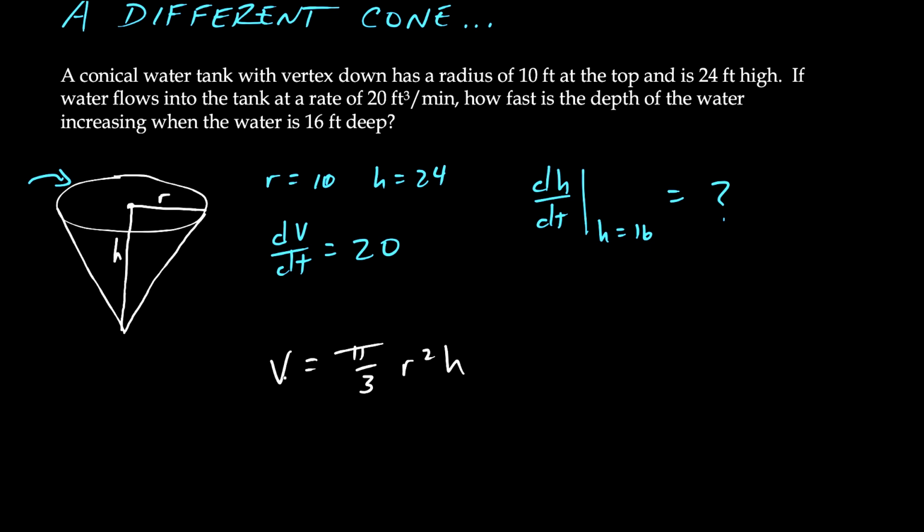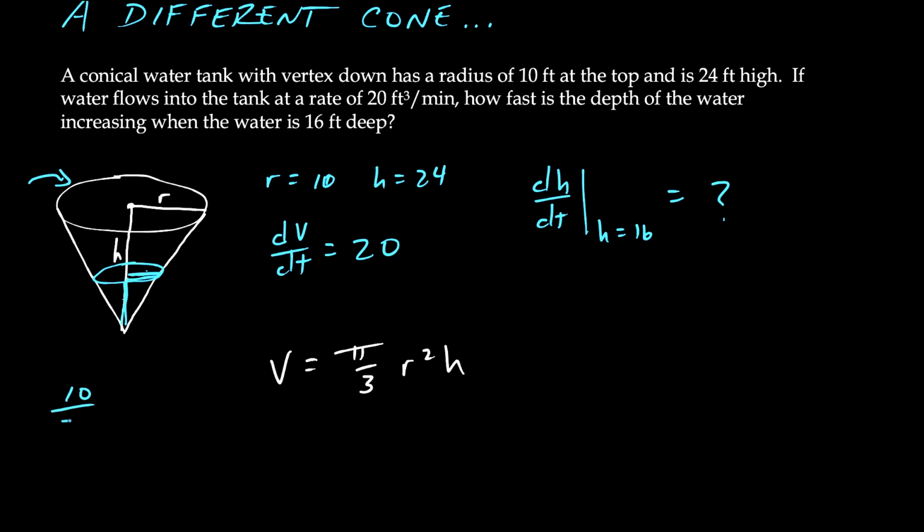So the problem here is we could go ahead and do what we did in that last problem and d/dt it and use the product rule. But again, we're just concerned with h being 16, and we need a relationship between r and h. And at any time t rather, we know that there is a similar triangle here. And we know that for our new r and our new h, we can use the relationship that the radius